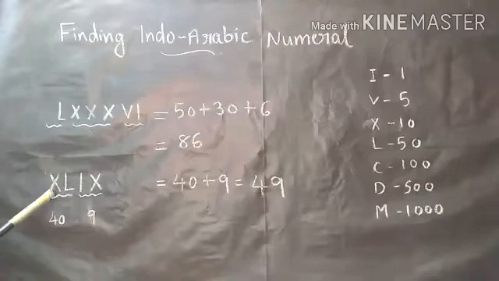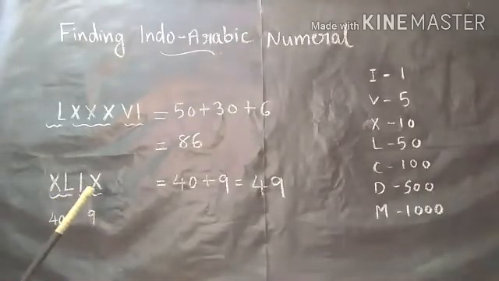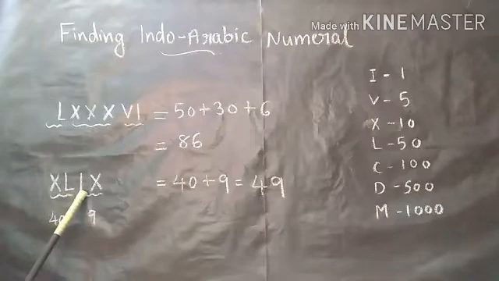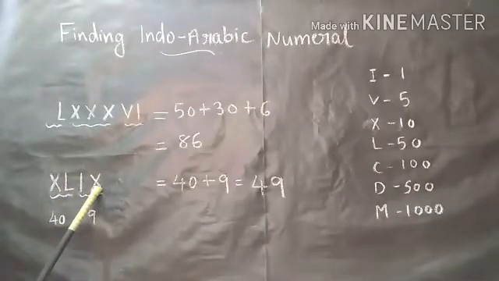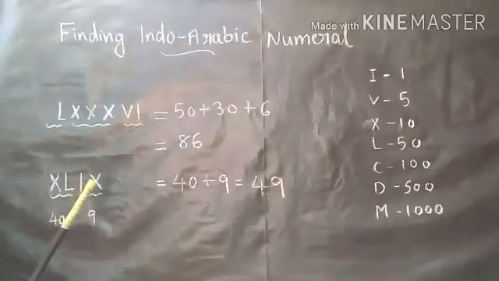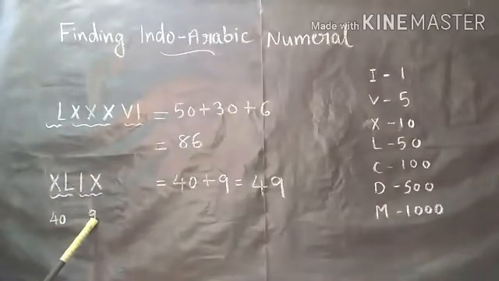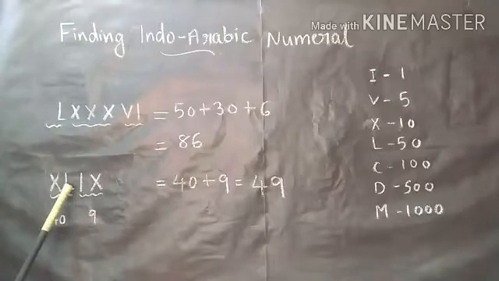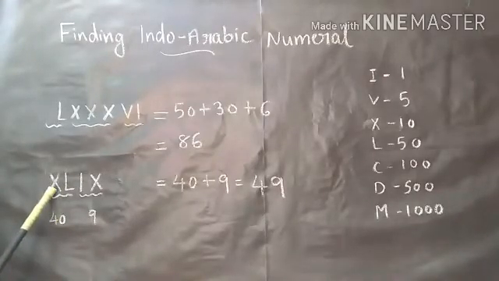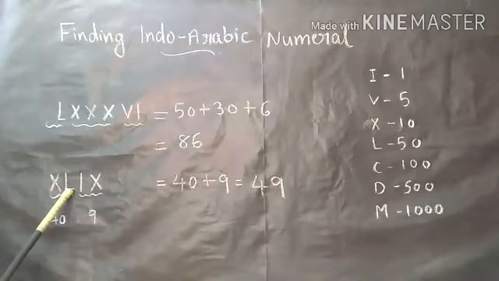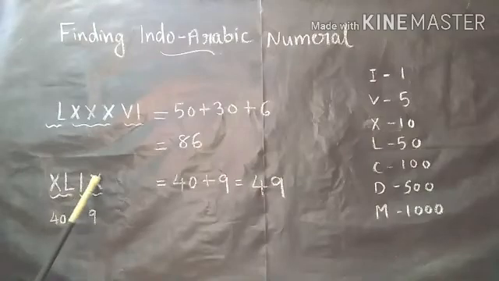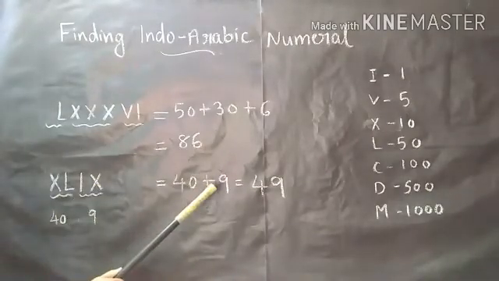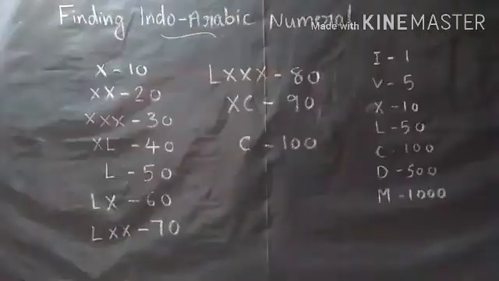Moving on to the next example, here we have XLIX. So value of X is 10, value of I is 1. But when we consider these two symbols, we can easily say a smaller value is on the left side of a bigger value, so we should do subtraction. Or else we can simply say IX is 9. Now XL. Value of L is 50, value of X is 10. Again a smaller value on the left side of a bigger value. Do subtraction, that is 50 minus 10 will get 40. XL is 40, IX is 9. XL IX means 40 plus 9, we will get 49.